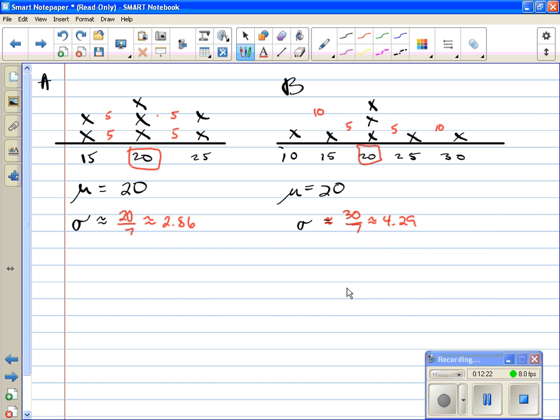I just need you guys to understand that standard deviation is telling you how spread out your data is. You're never going to have to actually calculate it, but I need you to understand what it's kind of hinting at. Right? Okay, that's actually a good sound. So let me